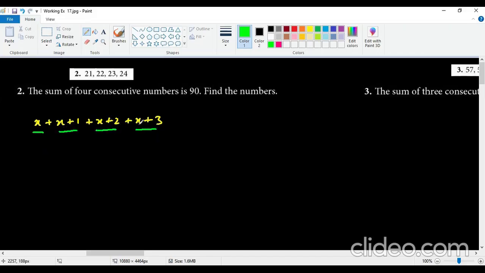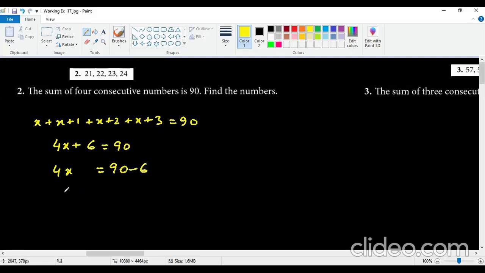That's how it goes. It says the sum of four consecutive numbers is 90, equals 90. So there are how many x's? 1, 2, 3, 4. 4x and plus 1 plus 2 is a 3, 3 plus 3 is a 6. So I will write like this. So 90 minus 6 is going to give us